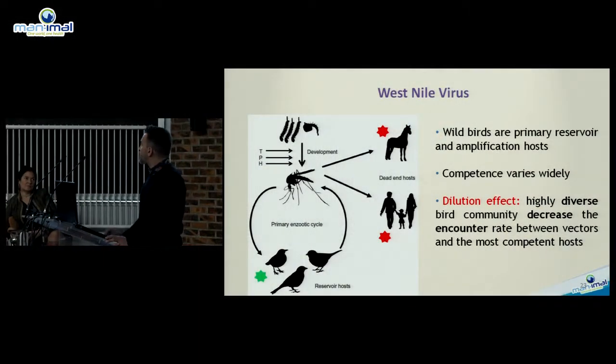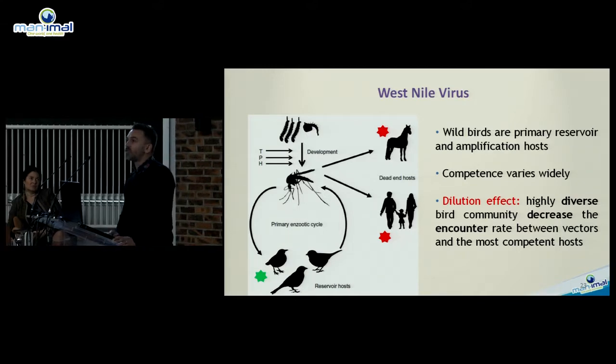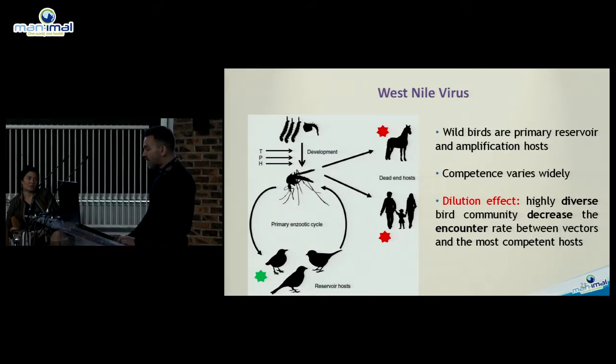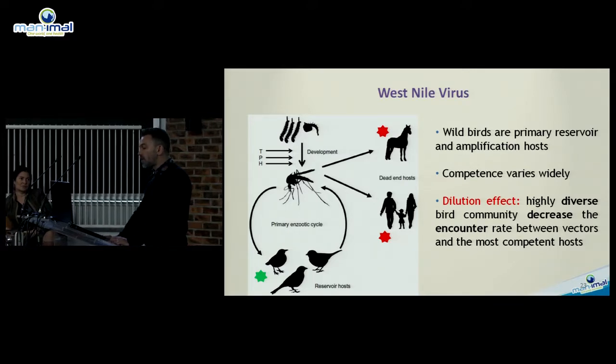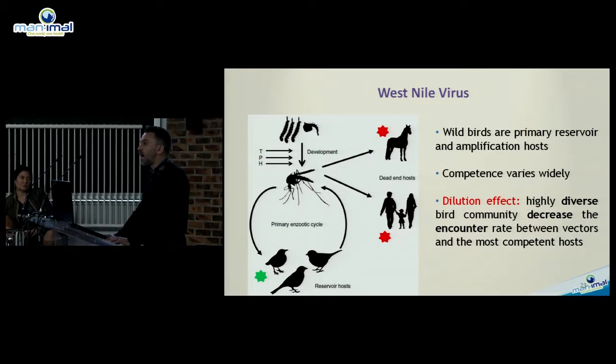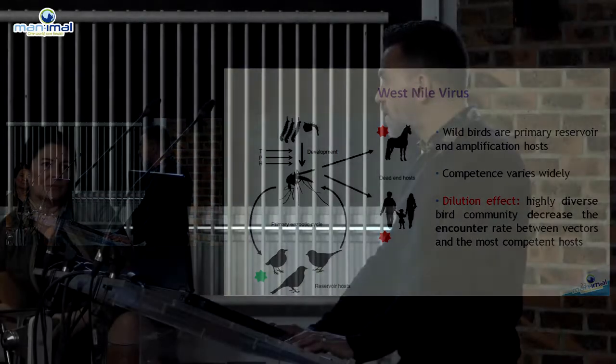Okay. Some other information and documents talk about the impact of hosts and the biodiversity of hosts in terms of disease transmission. When you have lots of hosts, those hosts might not have the same competency regarding a pathogen. So for example, for West Nile virus, we have lots of wild birds. There are primary reservoirs and amplification hosts, but they don't have the same competency in terms of production of the virus, of getting sick and extracting the virus.